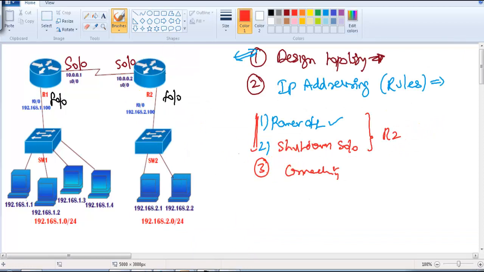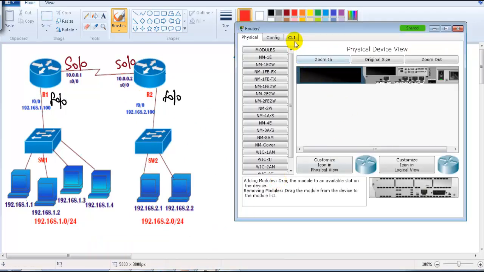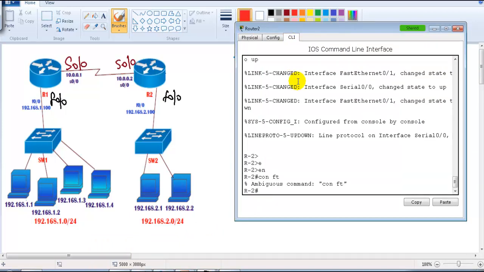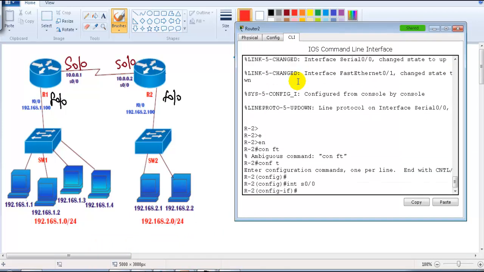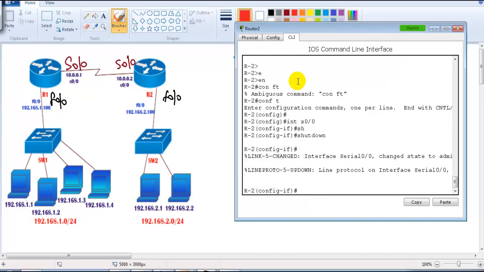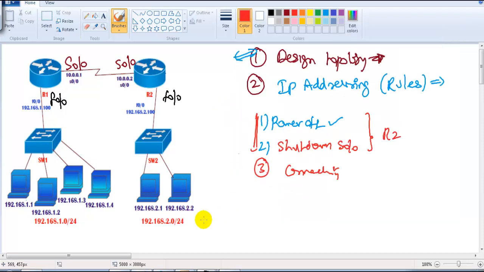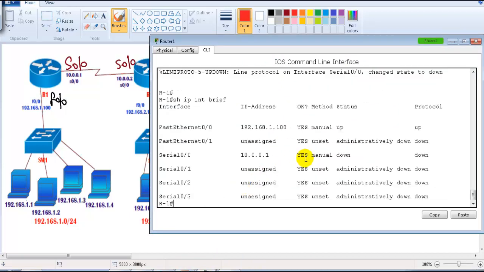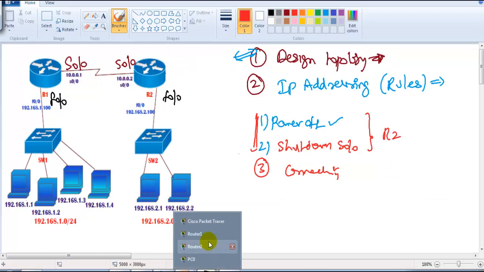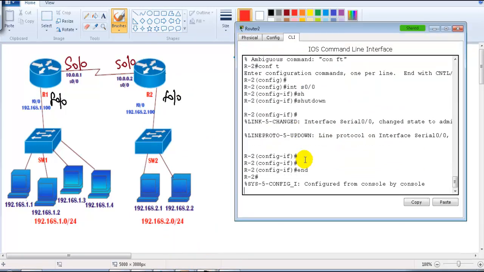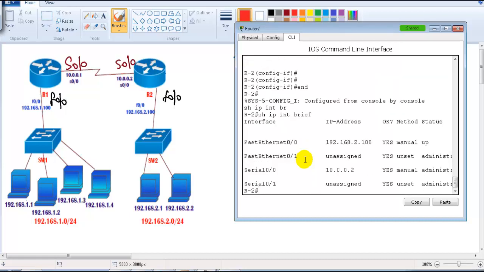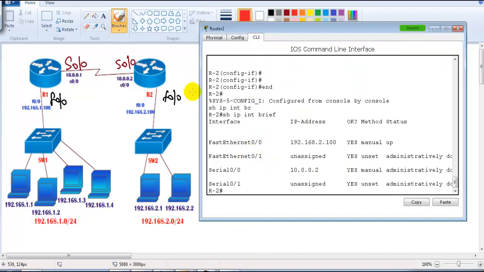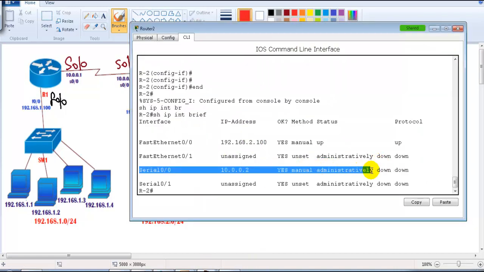So let's create another problem. I'll go to router 2. On router 2, I'm going to shut down the interface. How to shut down? You can go to interface S0/0 and simply use the shutdown command. Int is a shortcut for interface. When I do shutdown on router 2, on the remote router, router 1, I should see down down. But on the local router, router 2, how can I identify whether the port is in shutdown state or not? By seeing the status message. What's the status message? Administrator down.